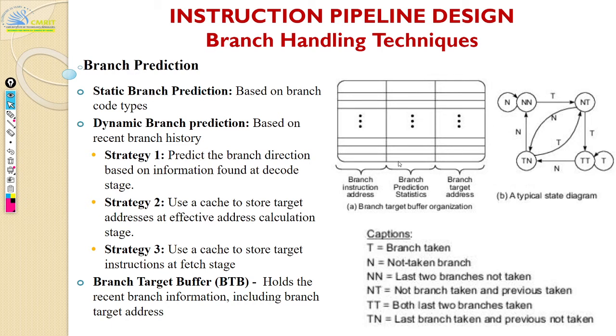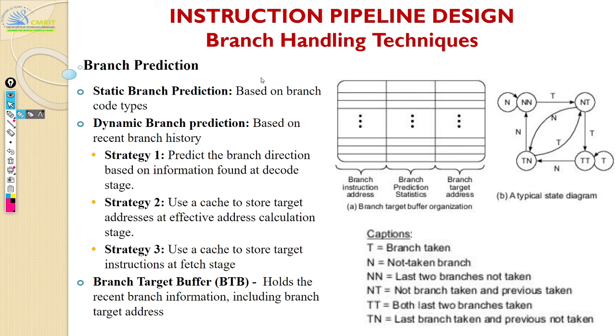Okay, so if not, we'll see how the branches are handled. So how do you do this prediction? First thing is static branch prediction. Static branch prediction just looks at your code and then says, okay, if this is what it is... Generally, it's actually easy if you think about it. Static branch prediction can do a good job if you have simple conditions.